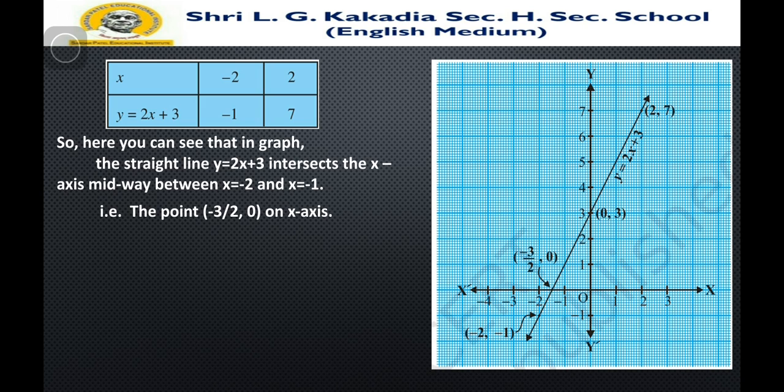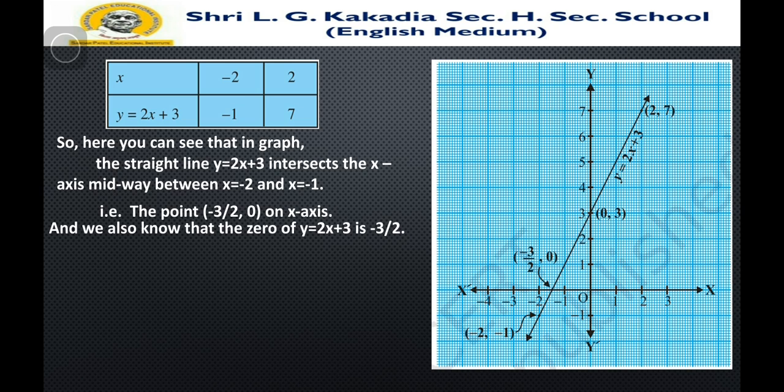Here you can see that when y is equal to 2x plus 3, this graph passes through these 2 points and it intersects the x-axis midway between -2 and -1. Then we get the coordinate of this point as (-3/2, 0). So